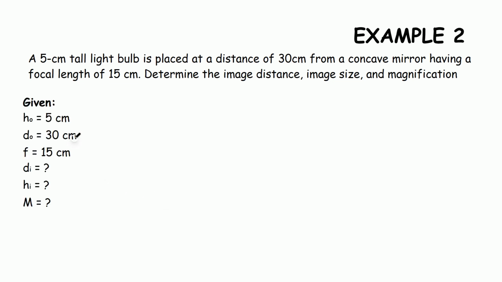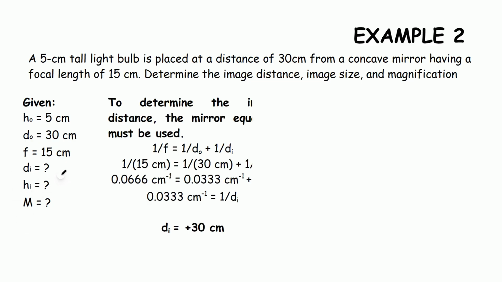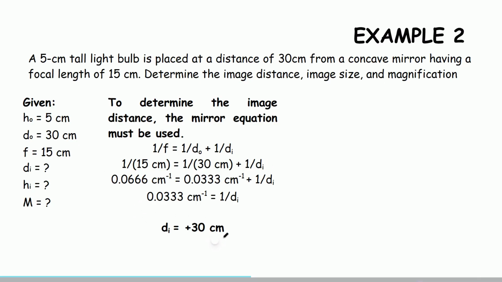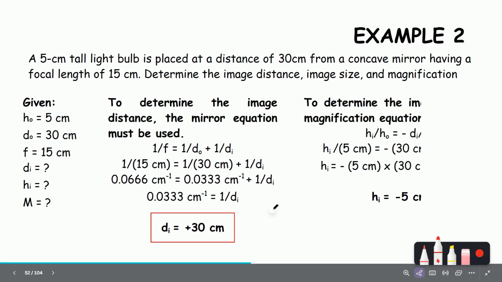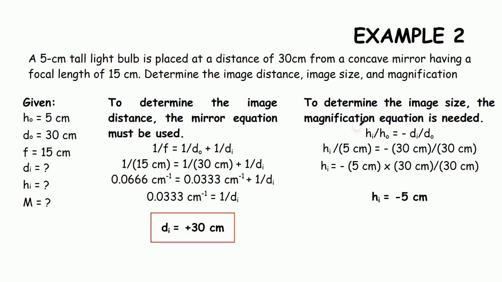So the given is ang ato object height is 5 cm, object distance is 30 cm, and focal length is 15 cm. Now we are going to find these variables or the values of these things. To determine the image distance, the mirror equation must be used para makita ta ang image distance. Then substitute the values and you will arrive at the value of plus 30 cm. Okay? And then to determine the image size, the magnification equation is needed. So yeah, you will just have to use this, and then you will arrive at the image height of